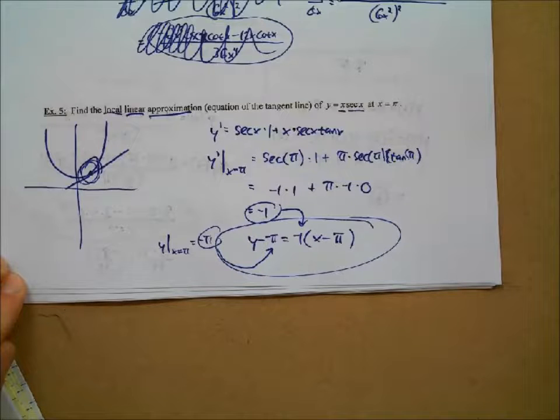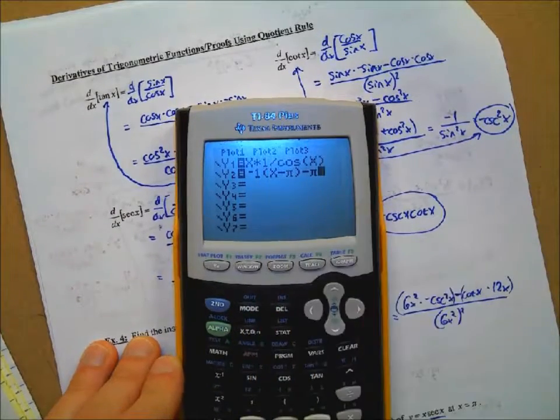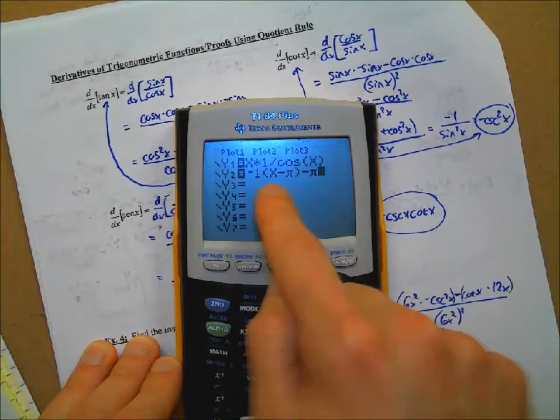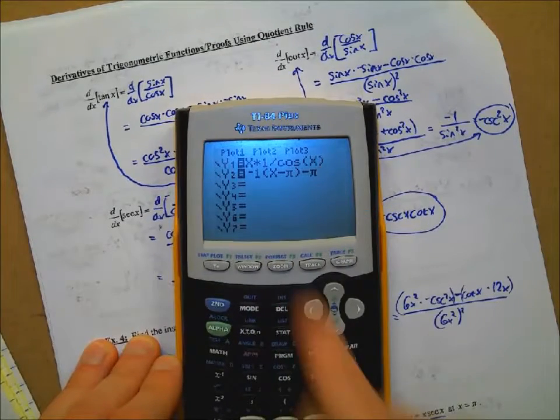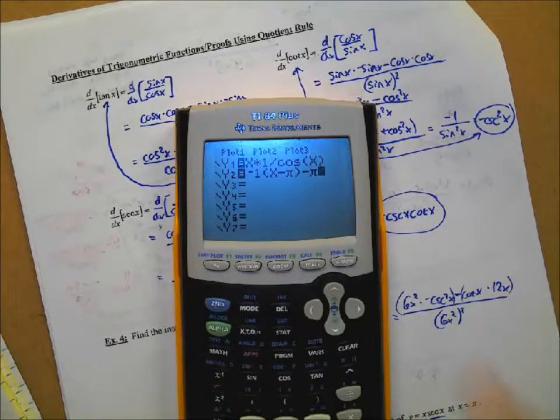X times 1 over cosine x. And then negative 1 times x minus pi, minus pi, right, plus pi minus pi. You don't need to do this if you don't want to, but I'm going to. I'm going to graph our function, x times the secant of x. I'm also going to graph our tangent line, slope of negative 1, x minus pi, and then it was going to be y plus pi, and so I subtracted pi over. So if I graph this,